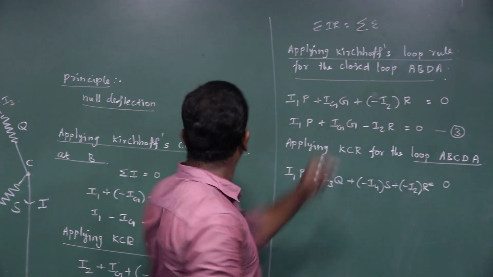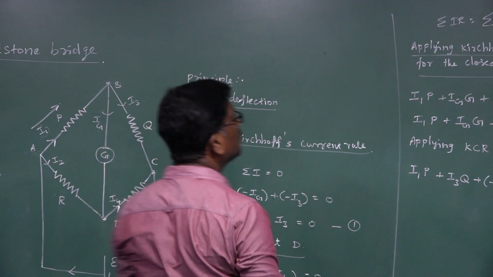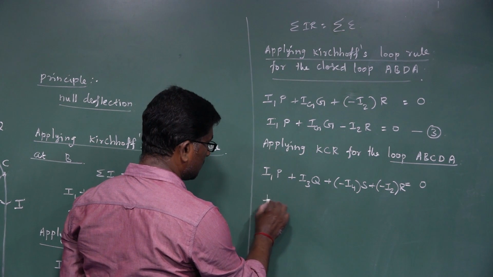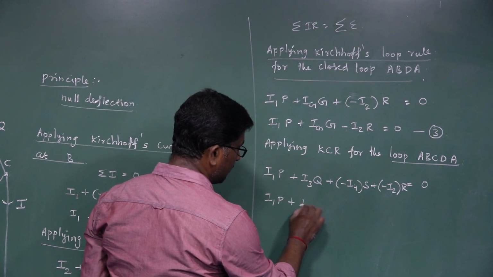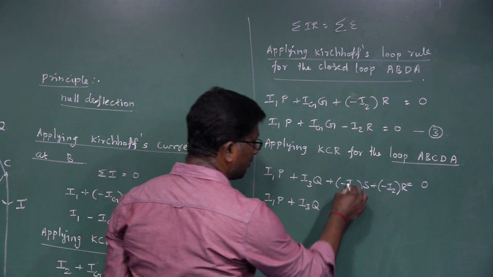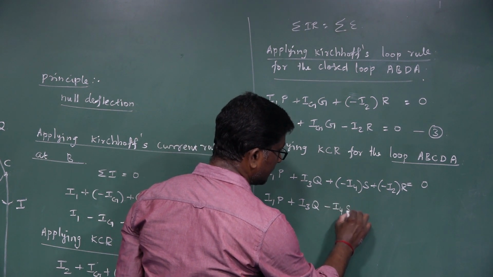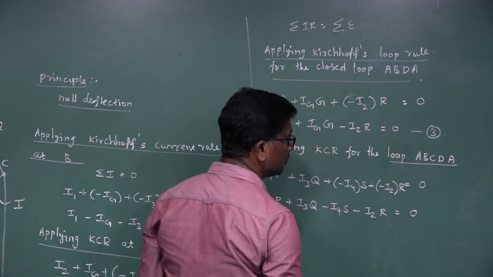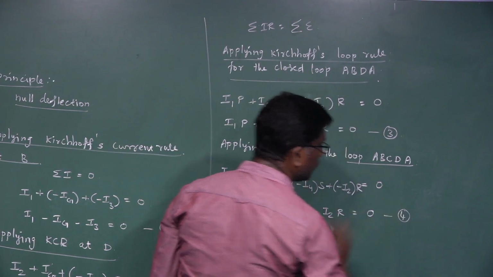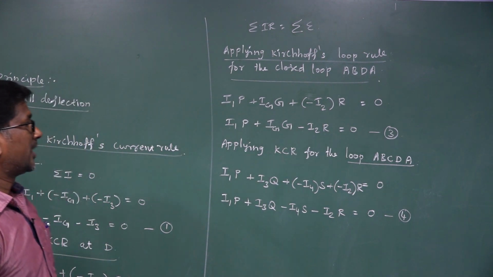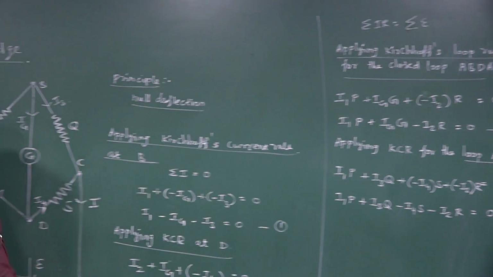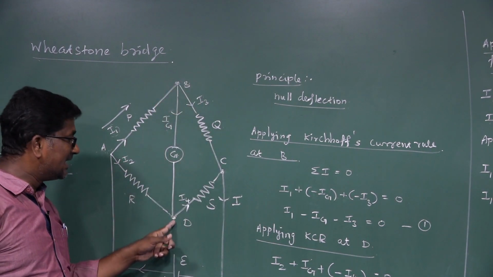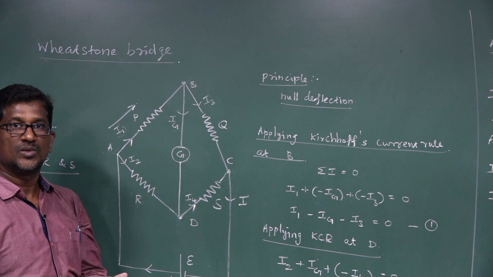Why? Because there is no electric cell in this closed loop, that is, the summation of E value is 0, right? Or I1P plus I3Q minus I4S minus I2R, which is equal to 0. So it is taken as equation number 4. Equation number 4, right? Okay, suppose in this electrical circuit, the points B and D have the same electric potential,